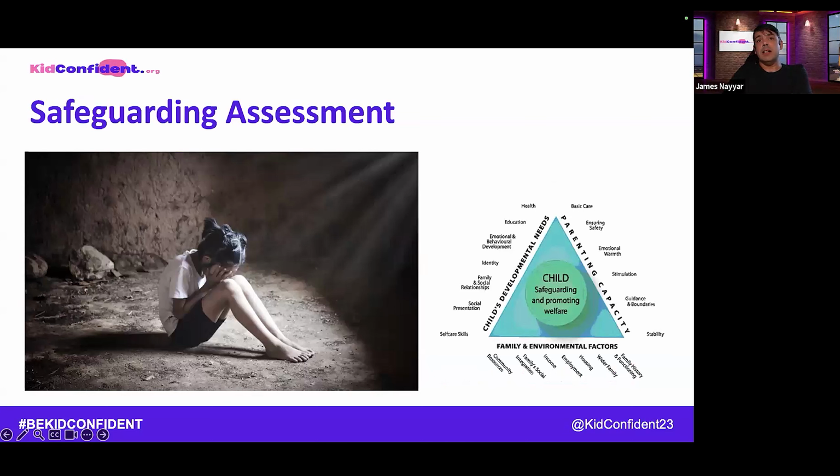And remember this, I said it before and I've labelled it again, and I talked about it more in the assessment webinar, but it is important because our safeguarding assessment does start the moment we pull up outside a paediatric job, even if we don't realise it. We start taking in information about the environment, the family, the parents' ability to cope with the child, and the child's developmental needs and how they're being met.